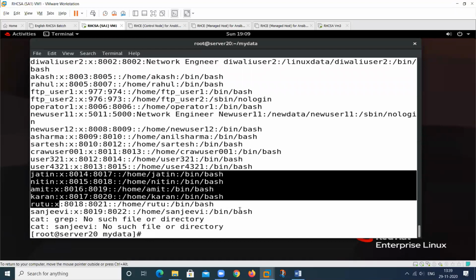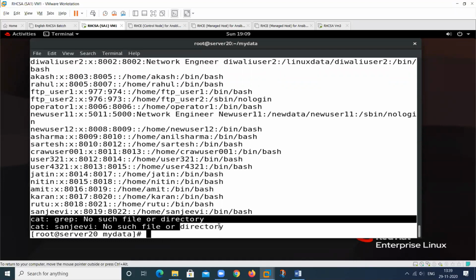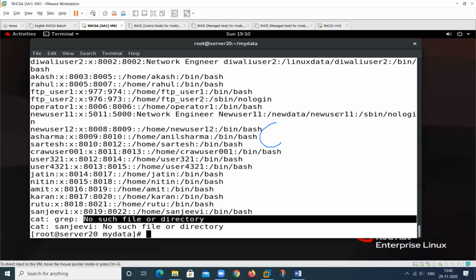The first command will complete, then when the next command is completed, this will show me an error. So this will show me grep: no such file or directory, because it understands this is a command, this is an argument. So this is not my argument, this is not my option. By default it will use the same behavior. The behavior of the shell is, first you type anything, this is a command. Second, you type anything, this works as an option. Third one, you type anything, that works as an argument.